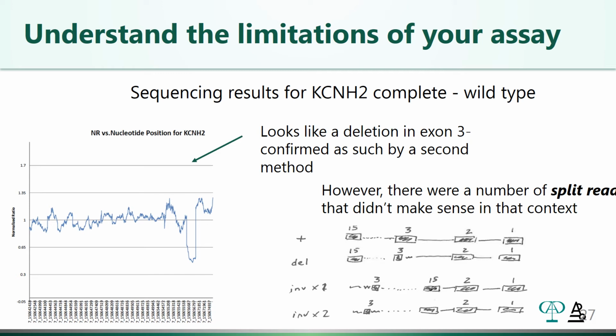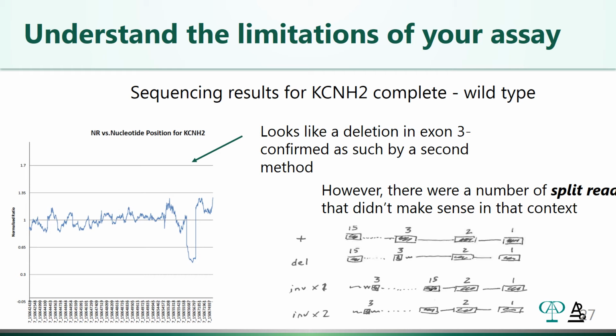in KCNH2. However, because we are aware that KCNH2 often has mutations that are not single nucleotide changes or small indels, they're actually major rearrangements of the gene, we also analyze our NGS run, in this case looking for copy number variants. And when we did that by simply looking at the consistency of amplicon calls across the KCNH2 gene, we saw that there was a big dropout of a particular region, and so we understood that there was a deletion, and this actually corresponded to a piece of exon 3, and